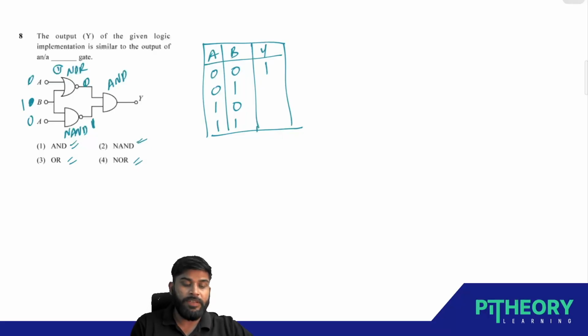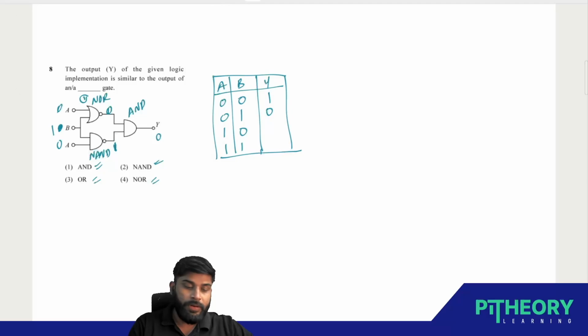So again, if this same thing is passed through AND, what will be happening here? 0 and 1, the output will obviously be 0 only here. So you'll be getting 0, correct? So the same if we do for now,